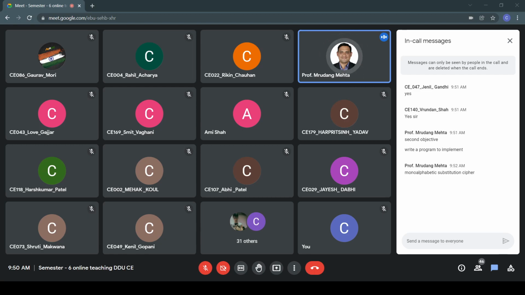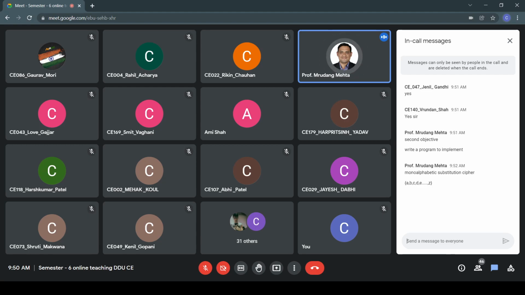So can we increase these key values? For that, one method is called the monoalphabetic substitution method. What happens in that? Let me write it down.